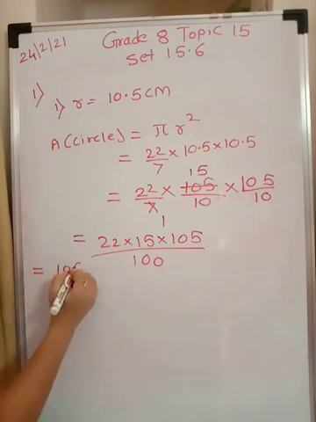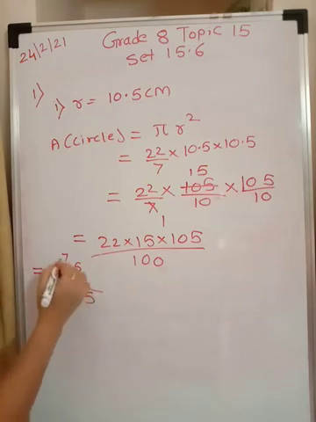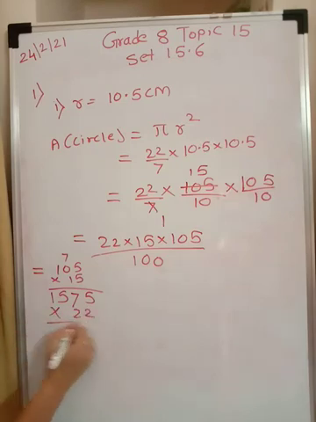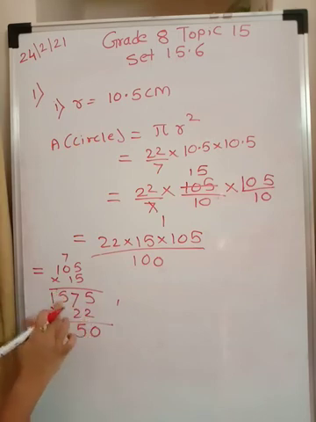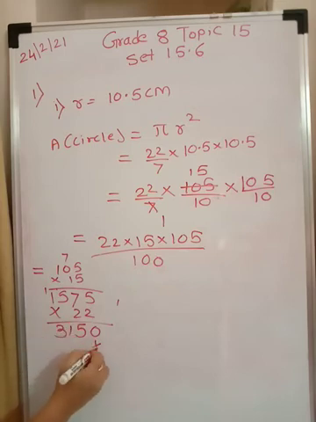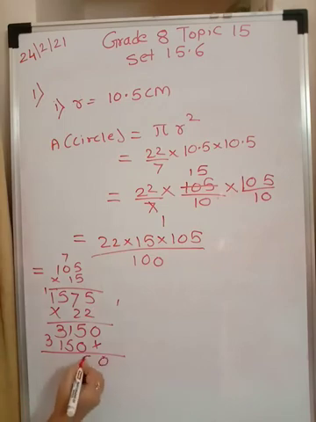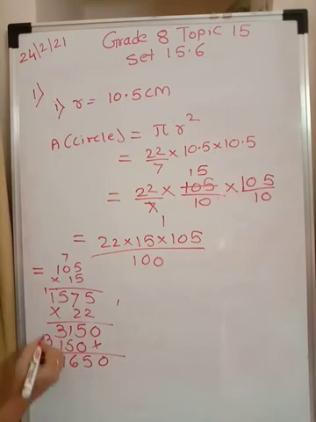First we will have 105 into 15, isn't it? So 15 5s are 75, 15 zeros are 0, 7, 15 1s are 15. So this is done. This multiplied by 22. Again 2 5s are 10, 7 2s are 14 plus 1 is 15, 5 2s are 10 plus 1 is 11, and 2 1s are 2 plus 1 is 3. Again it is 2, so the same number will be repeated: 0, 5, 1 and 3. So at the end, what you are getting is 0, 5, 6, isn't it? Then you have 3 plus 1, 4, and then you have 3.